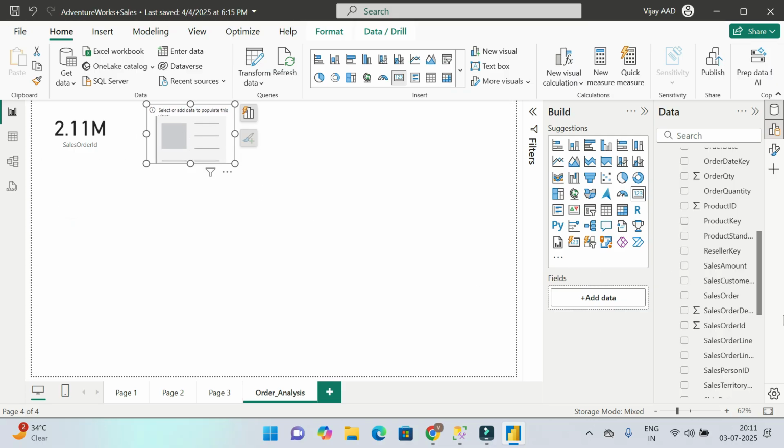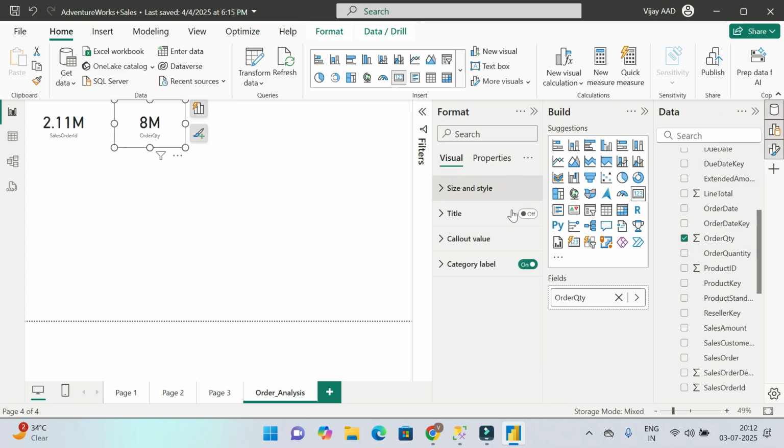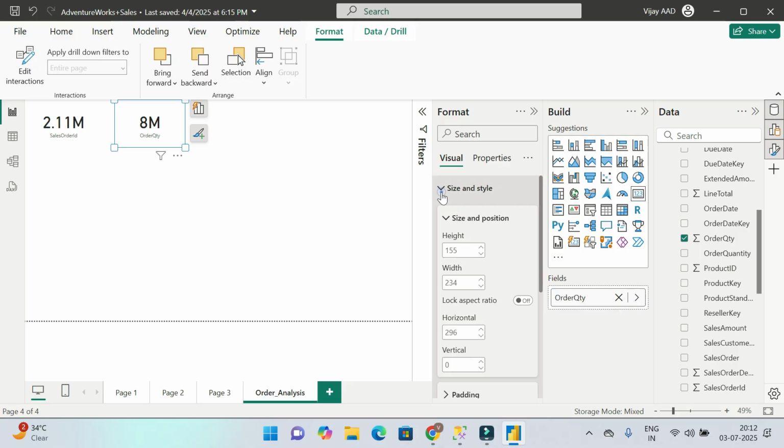Let me take orders, sum up orders from the fact table again. The order quantity is 8 million. We are creating just an order analysis. If you want to do some visualizations also, that can be done. What you can do is change the styles and visual borders and shadows,